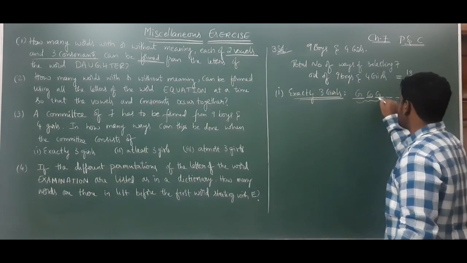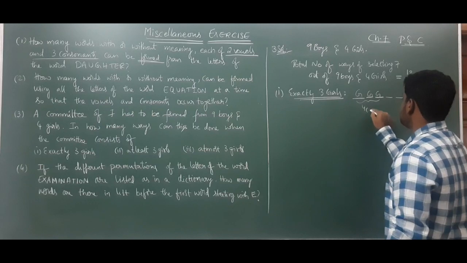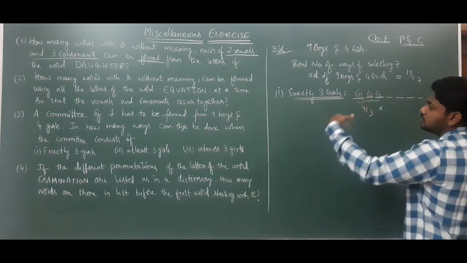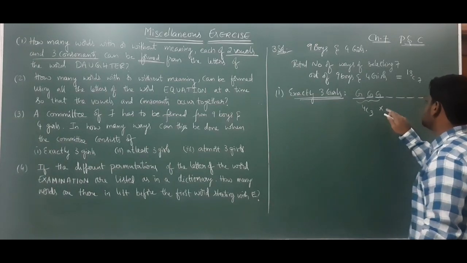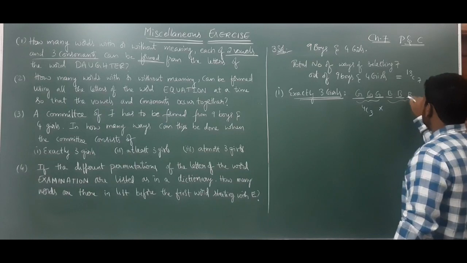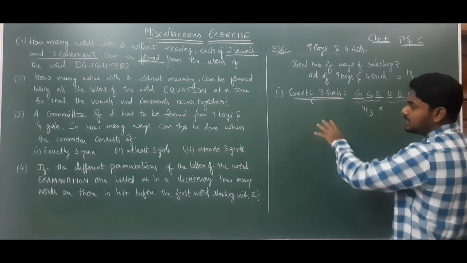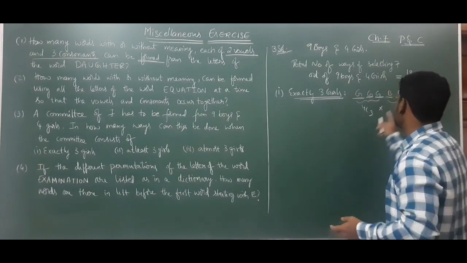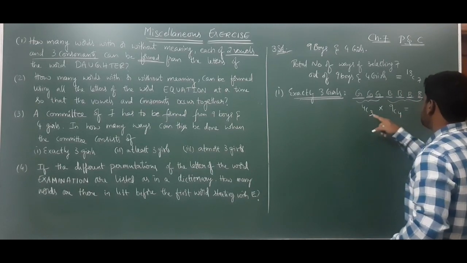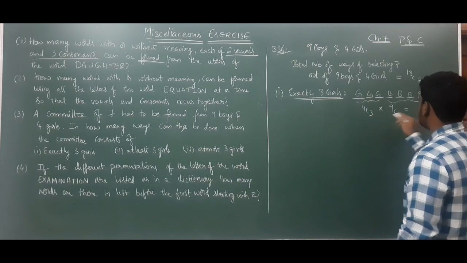So 3 girls we can select in how many ways? 4C3, into a compulsory condition. Why? Because 3 plus 4, the total should be 7, right? So the compulsory condition, into the remaining 4 should be what? Boys only. In that committee, if exactly 3 girls should be there, the remaining should be boys. So 4 boys we can select out of 9: 9C4. So it will be 4C3. 4C3 is also equal to 4C1.